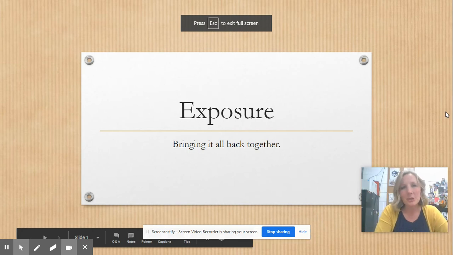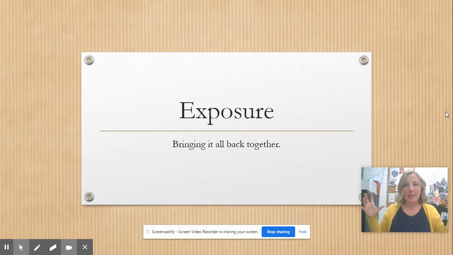Hi, today I want to talk to you about exposure. Exposure is really, like I say on this slide, bringing it all together. The total amount of exposure that you give to a picture or to your film depends on your shutter speed and aperture put together. But before we talk about exposure, there's one more thing that we really have to explore before